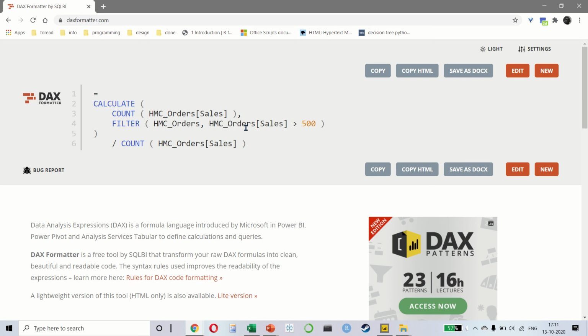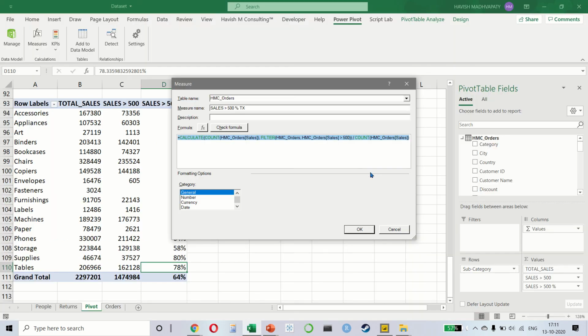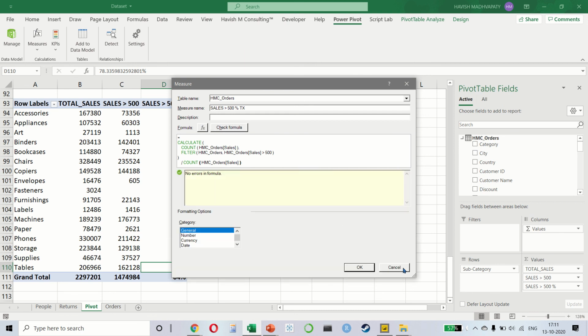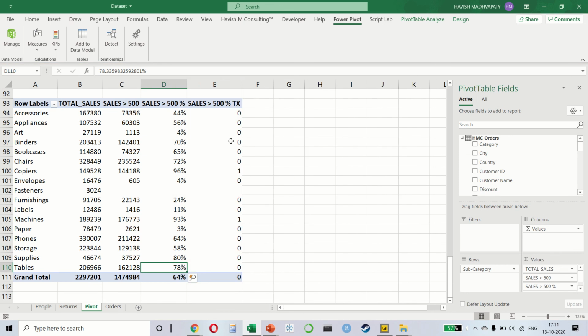Now, this is very important because when you create these indents and you create a pattern, it makes it so much simpler to understand the code, especially when you're trying to fix it or clean it or find an error in it. So you can simply copy it, come back, and then I'm going to paste it here. And I'm sure all of you would agree that it immediately looks so much cleaner. Check the formula, everything works. And very nicely, let me convert everything into a percentage now.